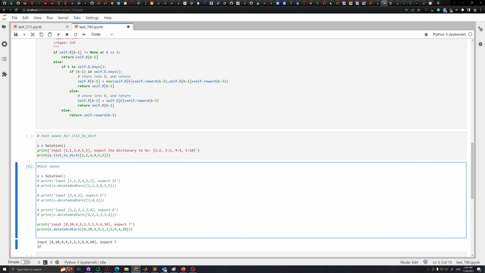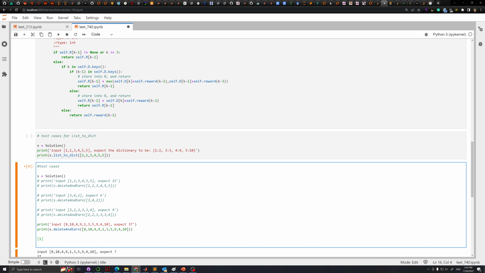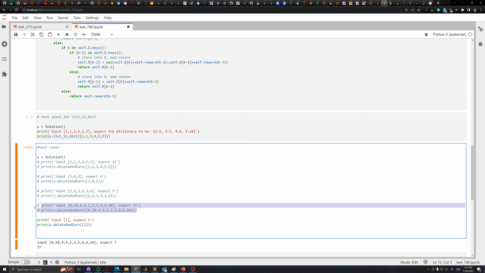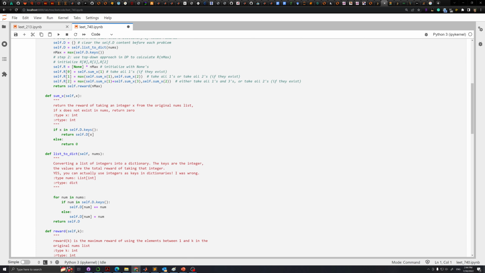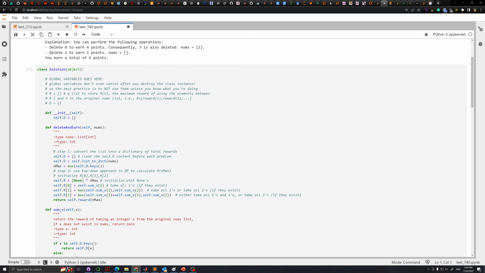Okay, so what are we expecting if we only have a value of 1, right? If we only have like a 1 here, we of course expect it to return 1. But I guess it'll give me error because we will have an assignment of index out of range. Yeah, I guess. So if we only have one element in nums, then